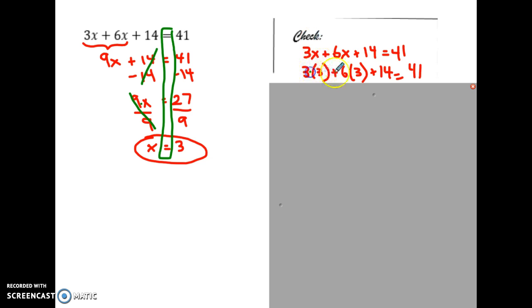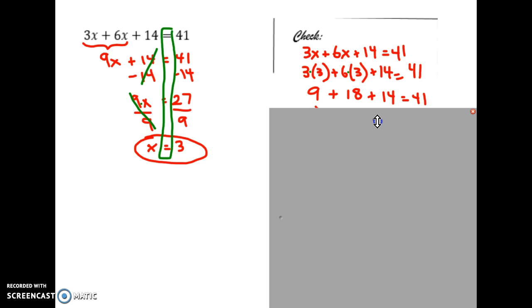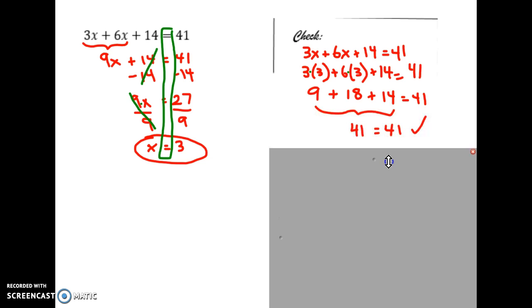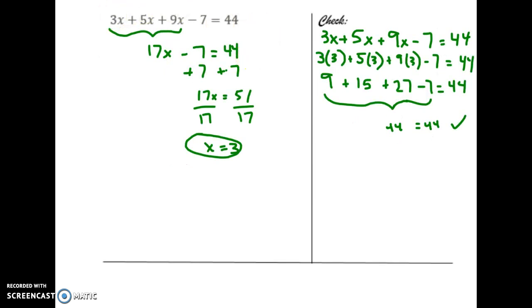So 3 times 3 plus 6 times 3 gives you 9 and 18. Add that all up, and guess what? We do get 41. So the top of the right-hand side, you have the combined value of not just this 3x and this 5x, but you had another term that was a like term, same letter, same exponent. That makes them like terms. If we put all of them together, we get 17 x's, and then we just bring down the rest of the